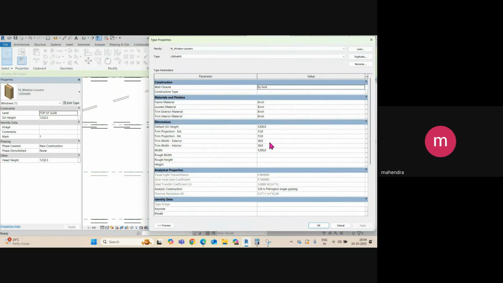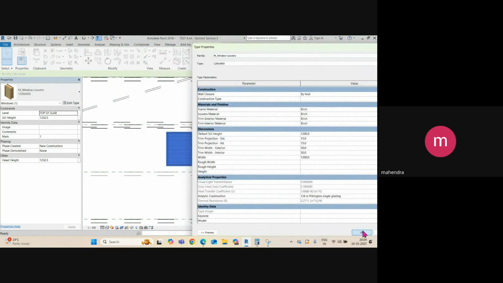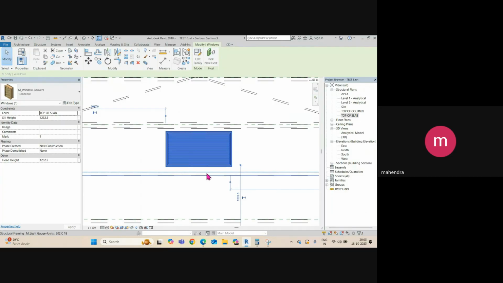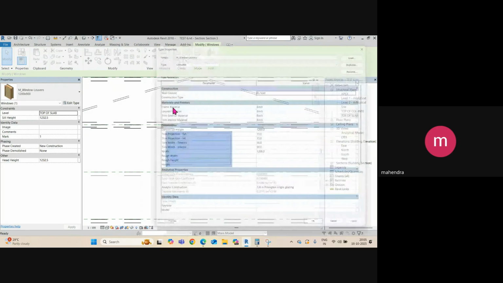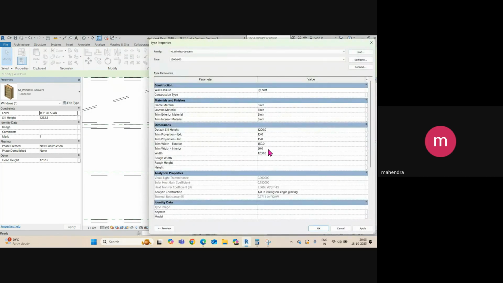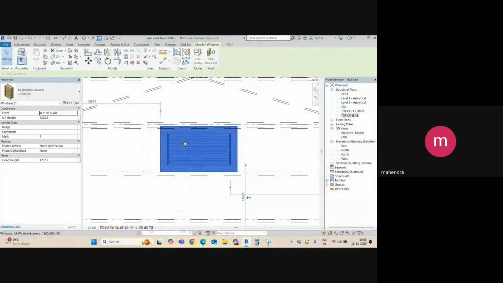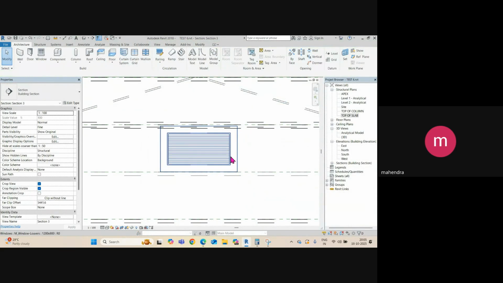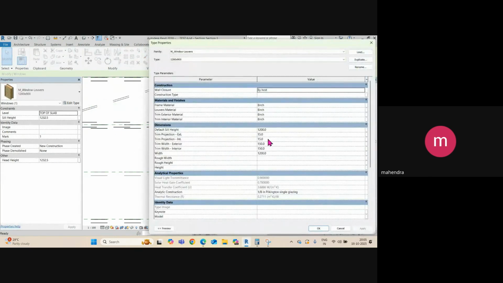So trim width. Suppose I will just add this value. Let's see how it affects. So instead of this, 15 and 15. So click here. No, yeah, width is changed here. Sorry, height is changed. Suppose I want to add here 150. So this is actually family. They have set some constraint, I think, for this. Yeah, you can see. Oops, only this dimension has been changed. Suppose I want to give here 75 and here also 75. Projection, trim projection. Okay, and say apply and okay,